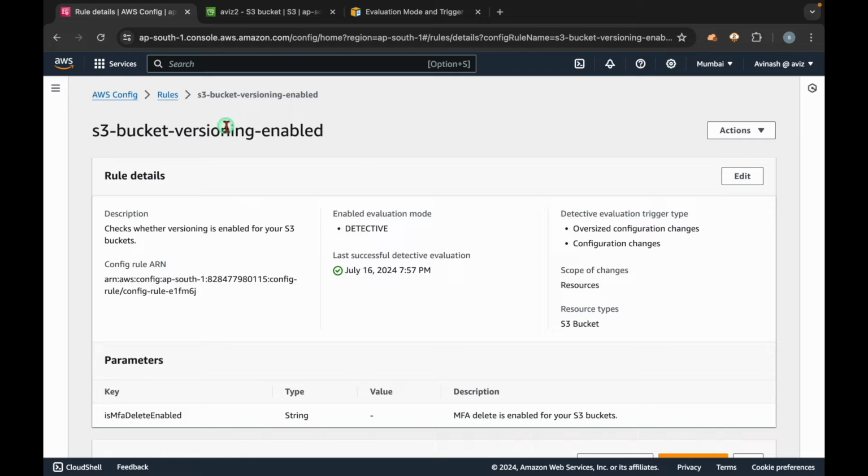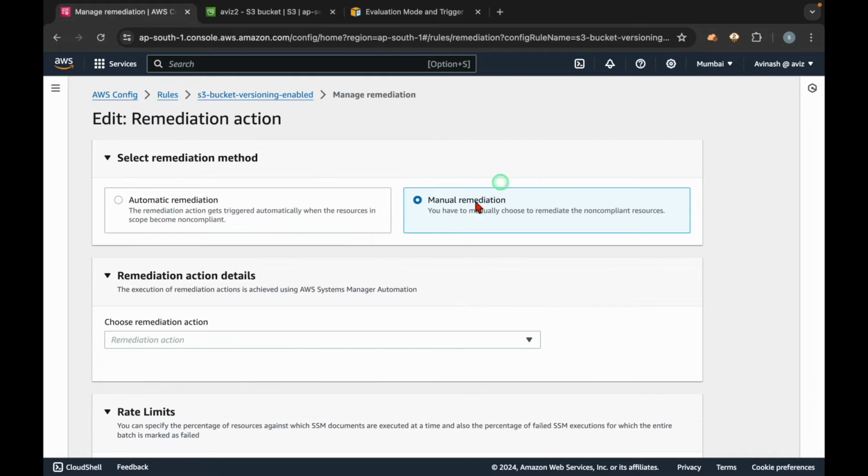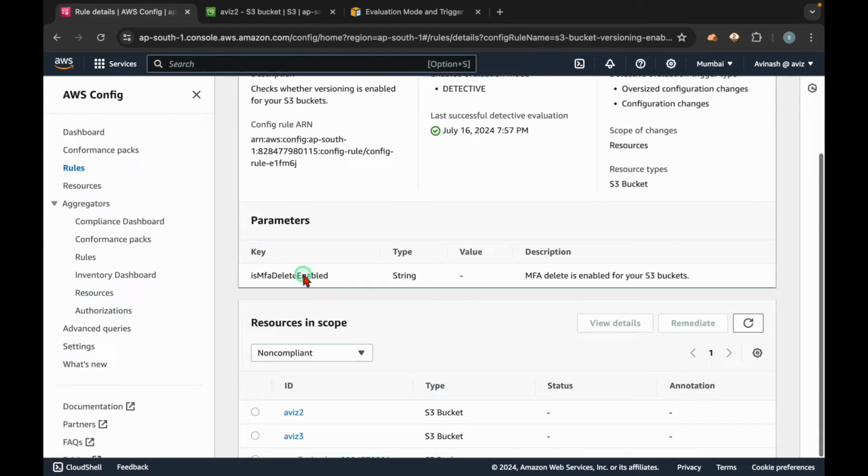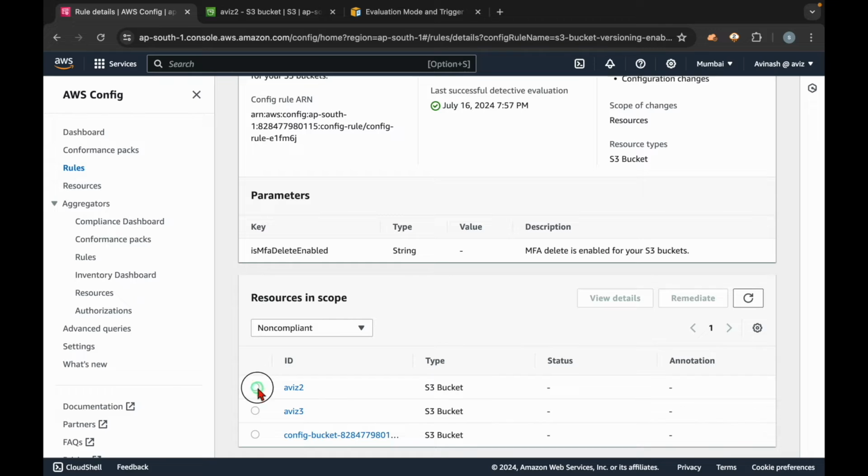So go to where we can configure this. Go to actions, manage remediation for the rule we have configured. Go to actions, manage remediation. So if you want to manually remediate, that is the option I have shown you. Okay, if you select this manual remediate, whatever the resource listed here, I have to select the resource,